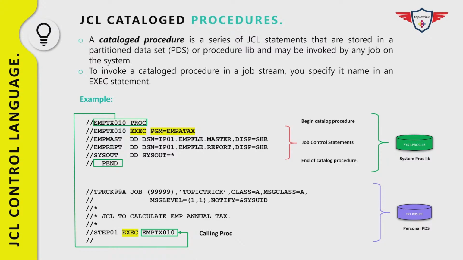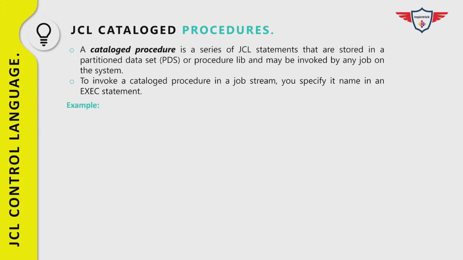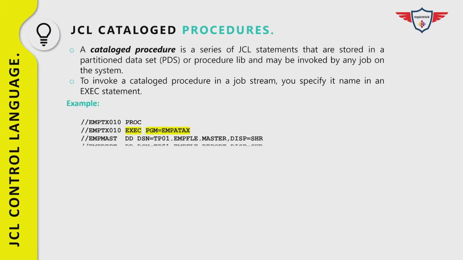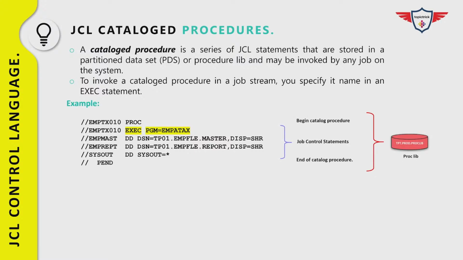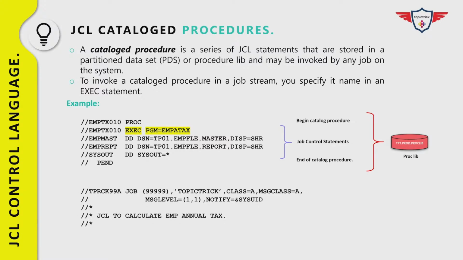So far we have discussed what a catalog procedure is and how you can invoke a catalog procedure if it is stored in the system library, that is sys1.proclib. Now let's try to find out the answer to our interview question: in case you store a catalog procedure in your private library, then what is the way of invoking it? Do you do it in the same way, or do you need some additional steps? So here's a sample JCL once again and a catalog procedure, but this time the catalog procedure is stored in my private library, that is